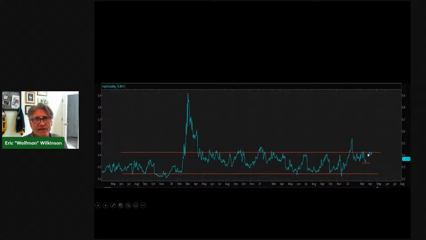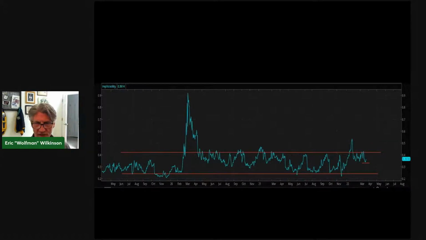I need to get involved when it's at those levels. Yeah, it could get a little more expensive or a little bit more cheap, but I want to get involved, and I know that they are relatively cheap or expensive based on looking at these type of charts. And you can see that this underlying, while some folks might be saying, hey, it's breaking out a lot, well, at the end of the day, over the course of the last 3 years, it didn't break out a whole lot. So those are pretty good, solid lines in the sand to go off of, even the support and the resistance. So you can see that this underlying, while its extreme might be somewhere up here around 0.9,